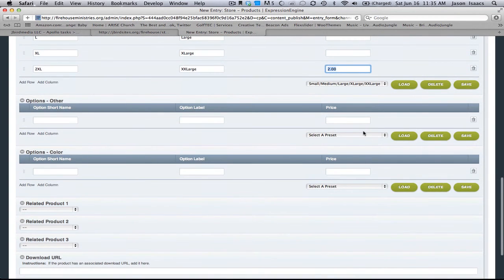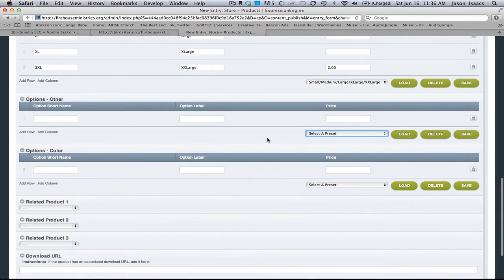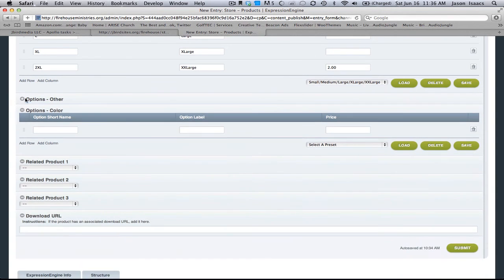Then you can have other options as well, which I haven't really used yet. But let's say, not color or size, but I don't know, if you wanted to do a hoodie or t-shirt, that would probably be separate products. You usually can leave this one alone. And then color,